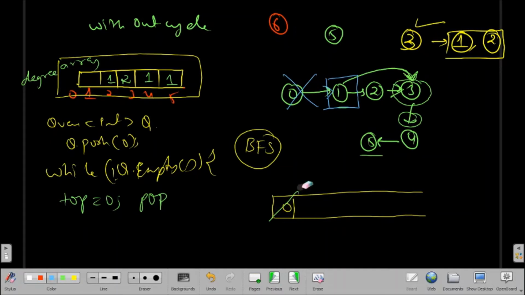And also while popping I'll maintain one count, and I'll count the number of courses which are added, and when one is popped, I'll increase the count variable here. So here I have popped 0, so I will increase it to 1 here.